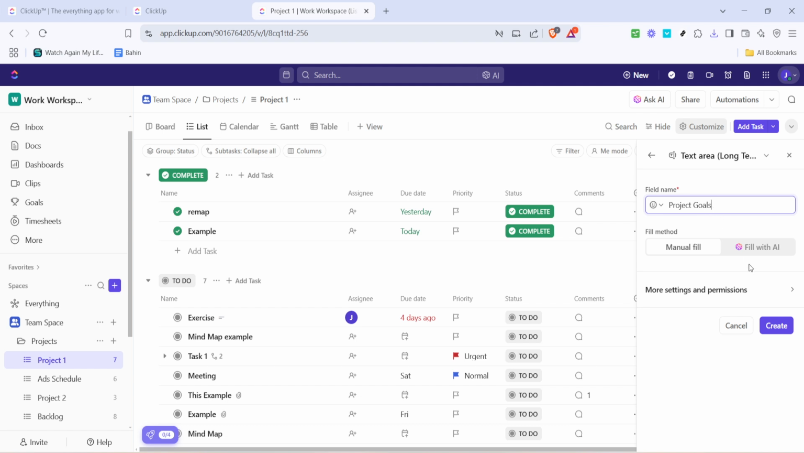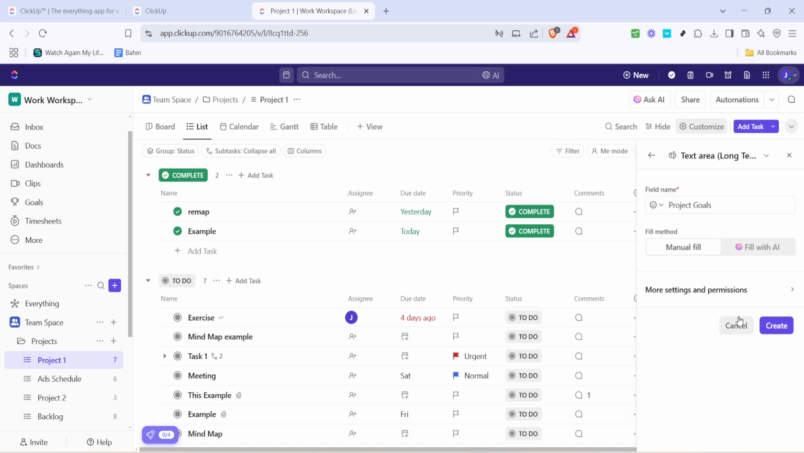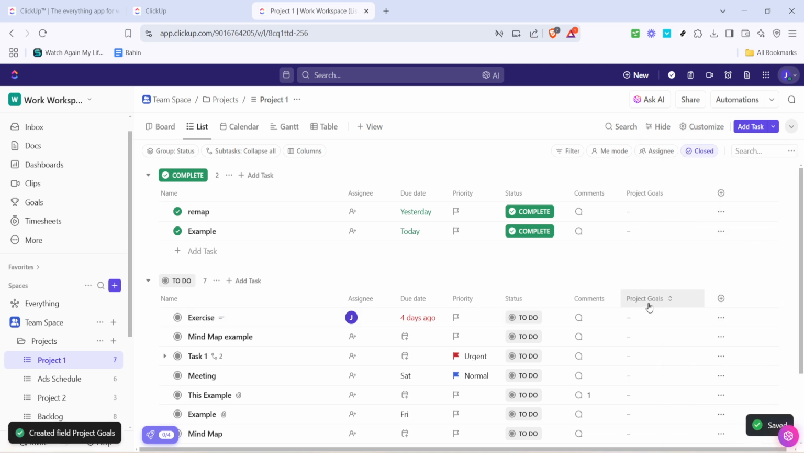Once you've clicked on project goals, you'll see that you have the flexibility to personalize the column name, tailor it to make sense within your project context. You might call it Q1 objectives if you're latching it to quarterly priorities, or simply goals overview for a more general touch. And now for the final touches. Locate the create button at the bottom of this menu. Clicking create will finalize your addition, and voila, your new column is live and ready for you to populate with